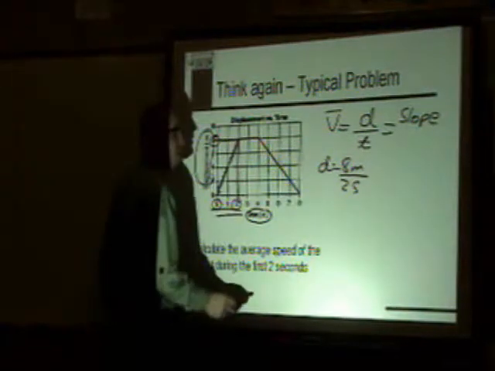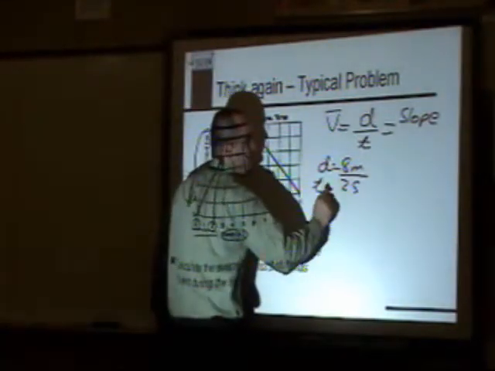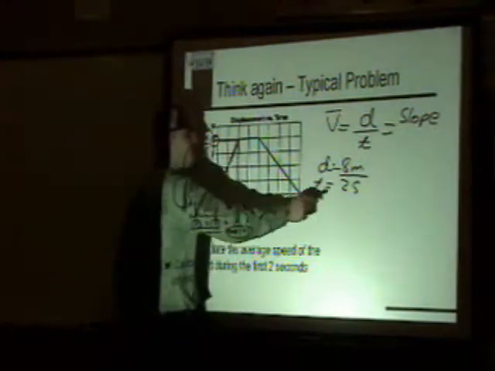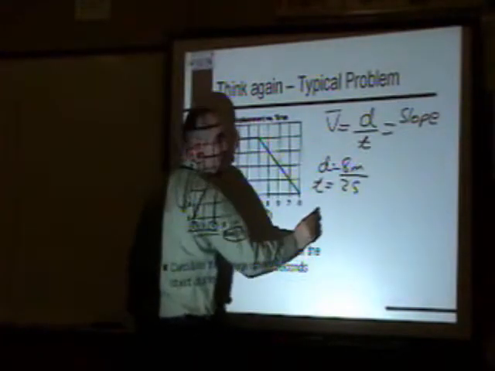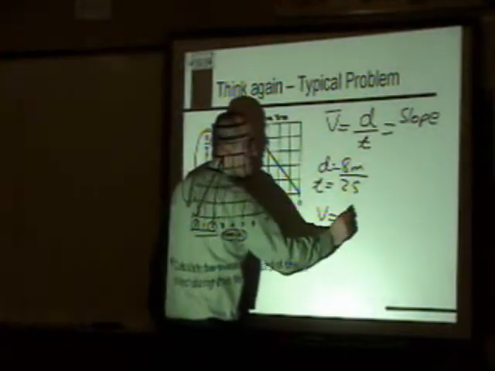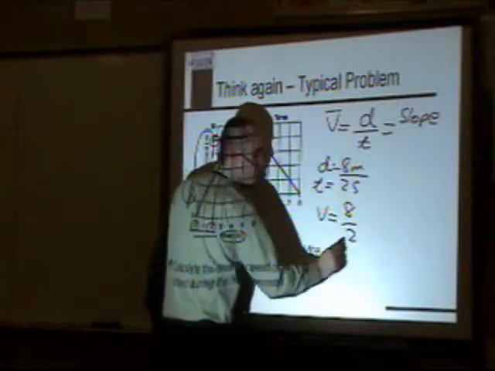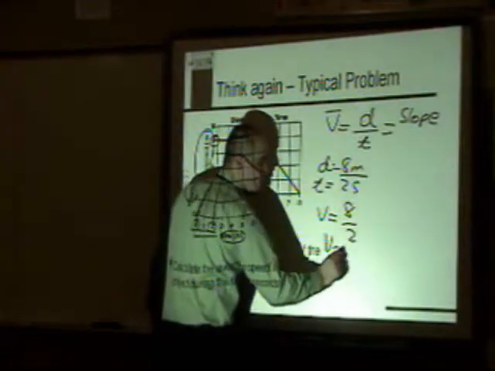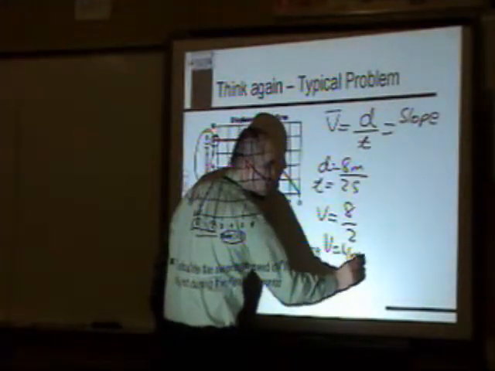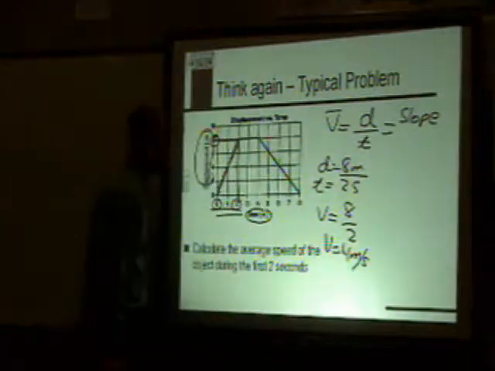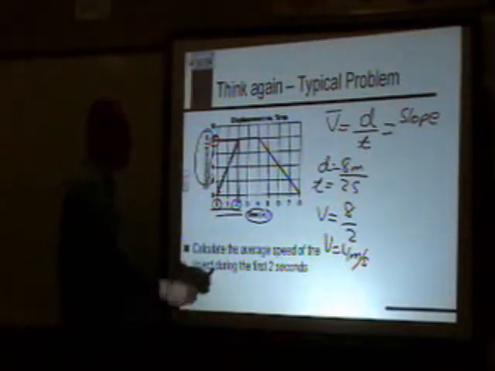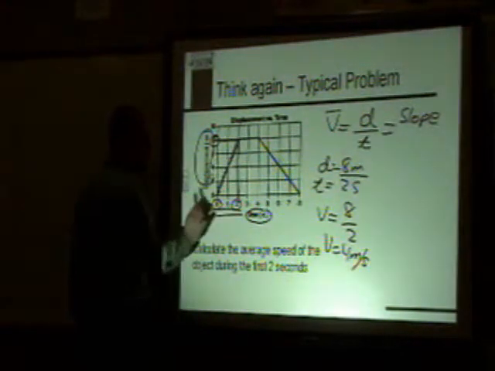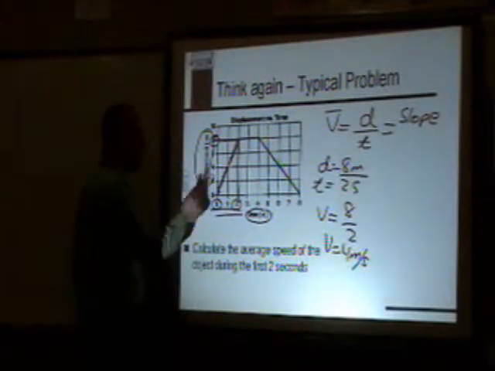And I find that time is 2 seconds. V equals d over t. So V just equals 8 over 2, and my speed equals 4 meters per second. You can do it that way, or you can find the slope of this graph, which would basically yield the